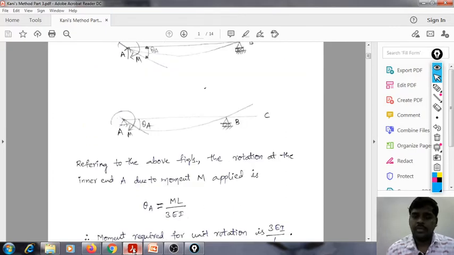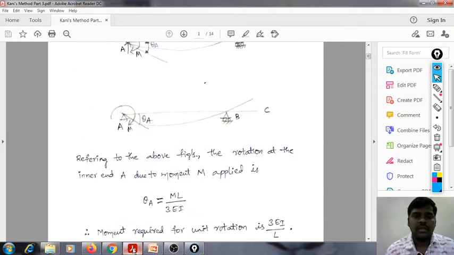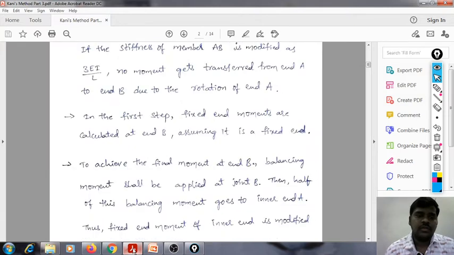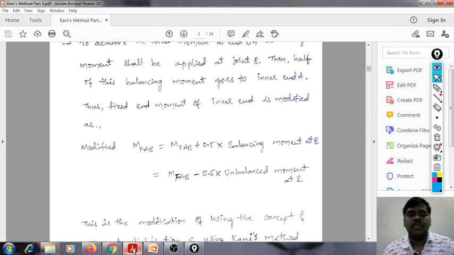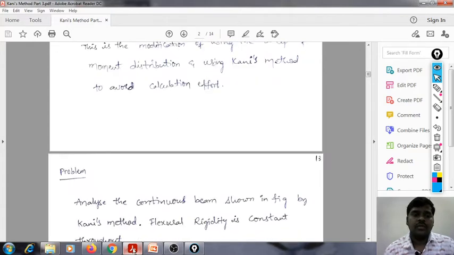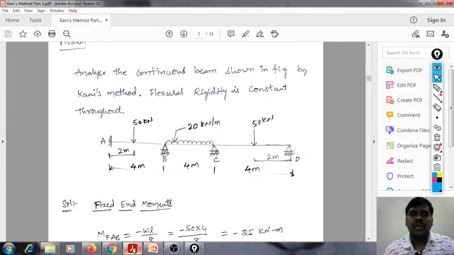In the previous video I explained the formulas for continuous beams with simply supported and overhanging ends. So here we can see the modified MFAB as MFAB plus 0.5 into balancing moment at B, and MFAB minus 0.5 into unbalanced moment at B. Coming to that, a small numerical problem is solved here using